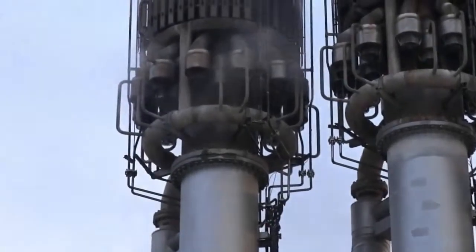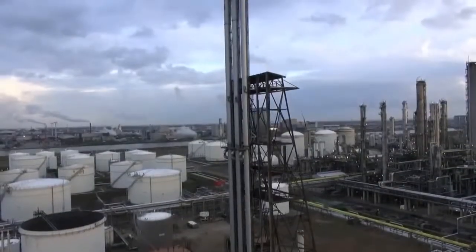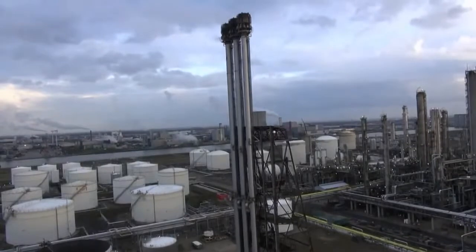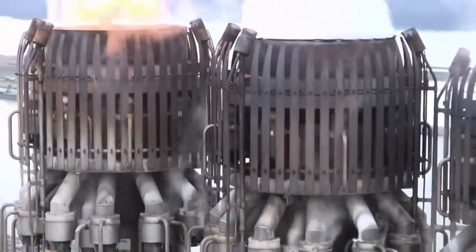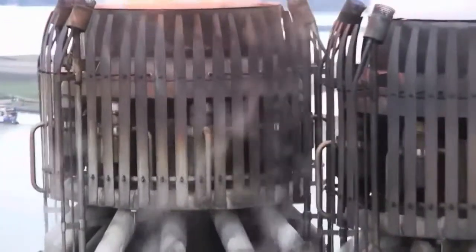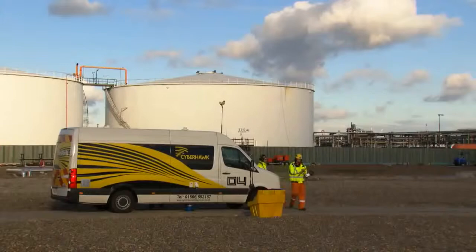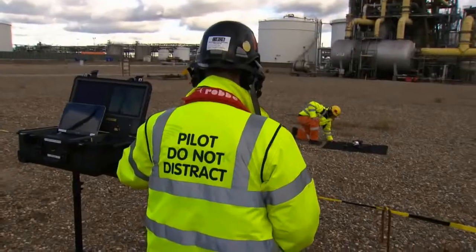Flare stacks require regular inspection and maintenance, particularly when sited in industrial areas and exposed to aggressive corrosive atmospheric conditions. For this purpose, the stacks normally have to be taken down, thereby shutting down production at the plant at great expense. To avoid the cost of taking down the stacks, Moerdijk has been assessing a new and innovative way of